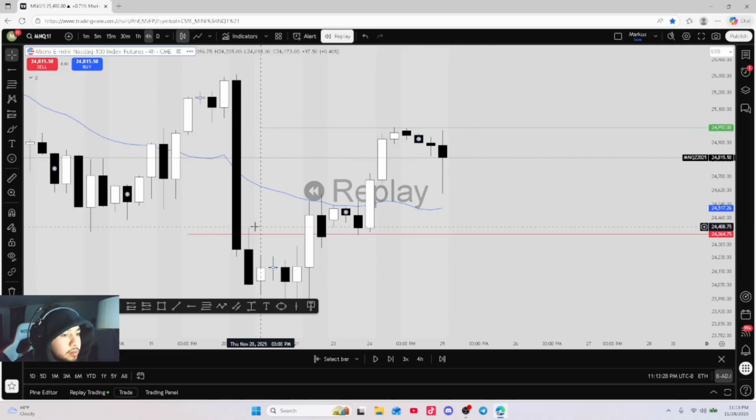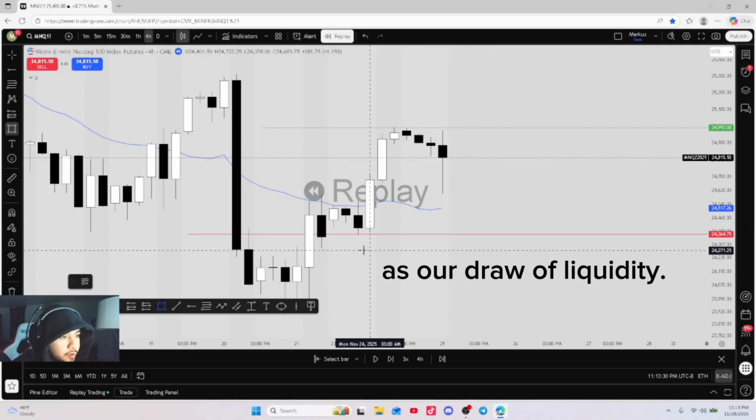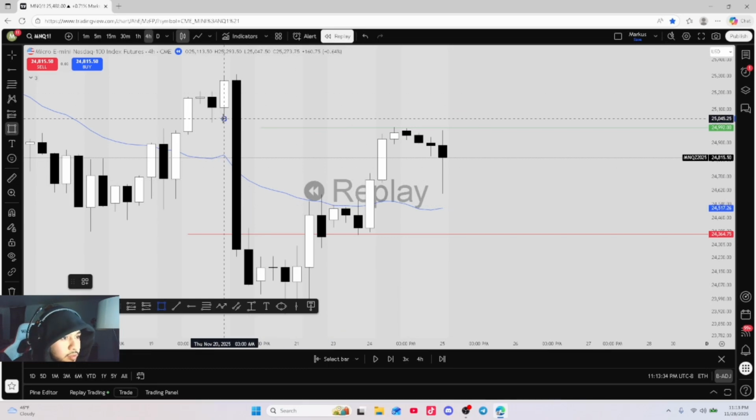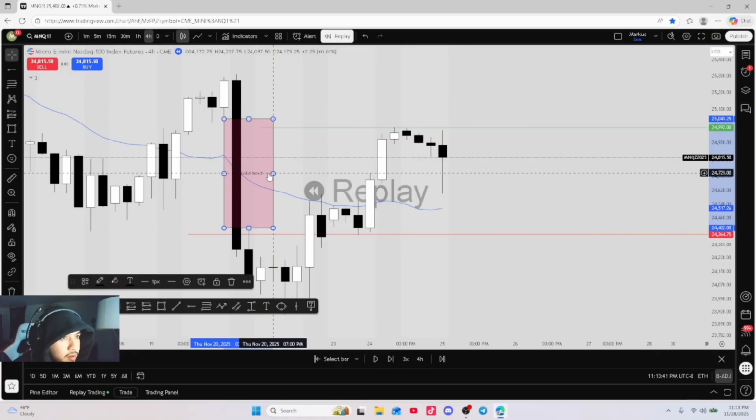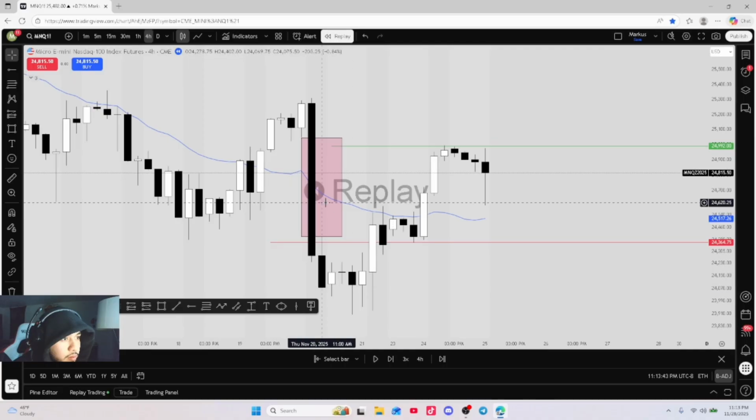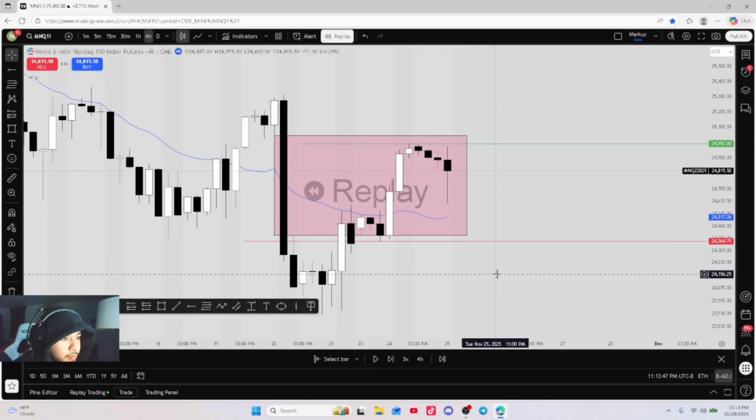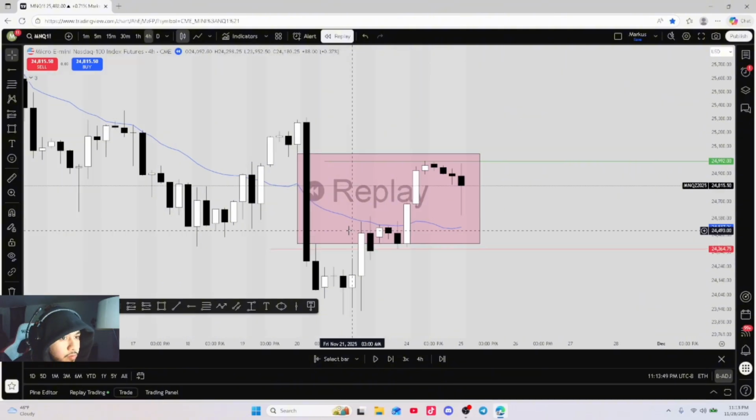All right, now what we do, we look for fair value gaps on the 4-hour. So as you can see, we have this bearish FVG right here. You clearly see we're inside of it. We also have